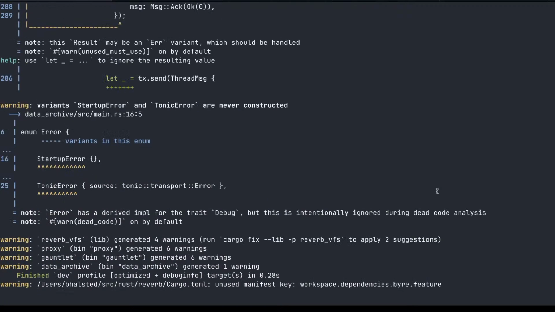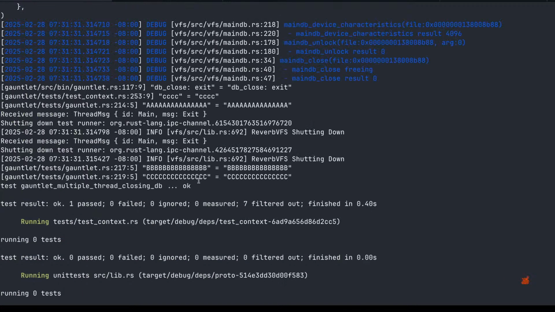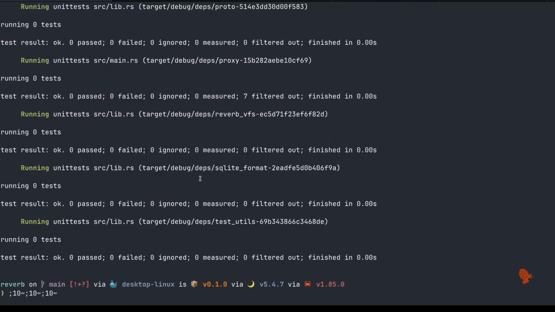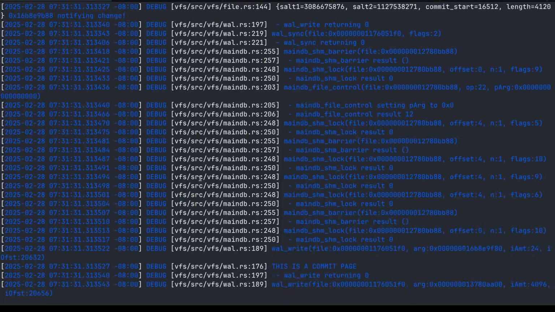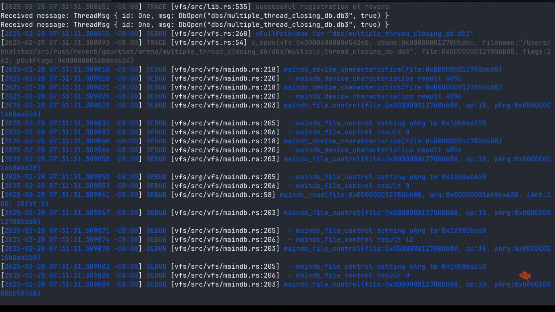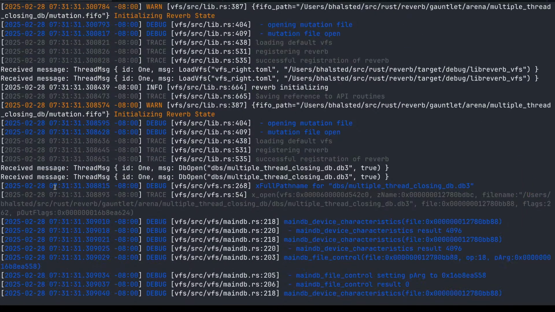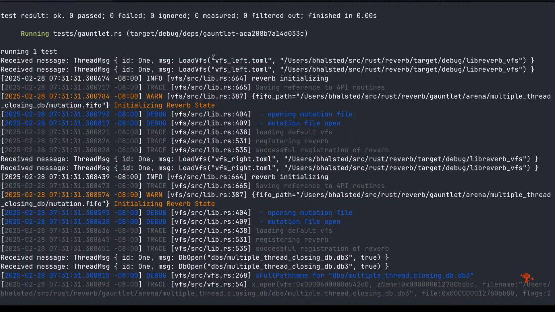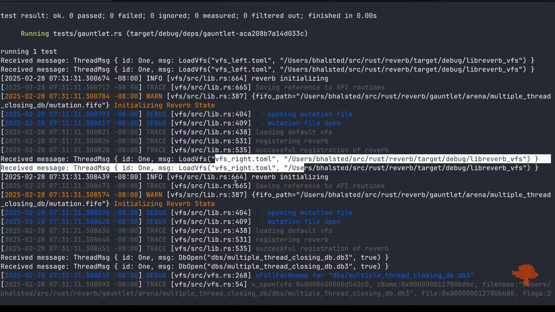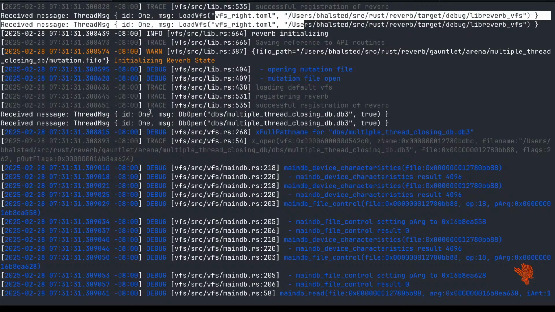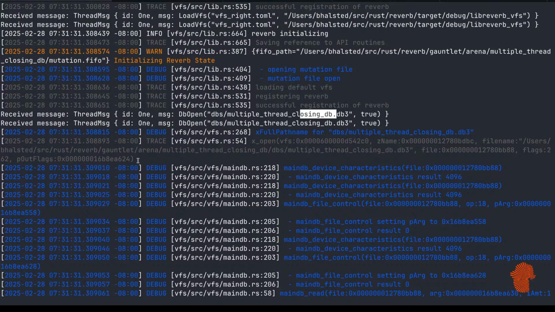Okay. One more time. This time with extra. Okay, go to the top and we'll follow it all the way down. Initializing. Okay, thread message. Load the VFS. For right and left. Great. We're only using left. Open the DB. On thread 1. Thread 1 opens the DB.